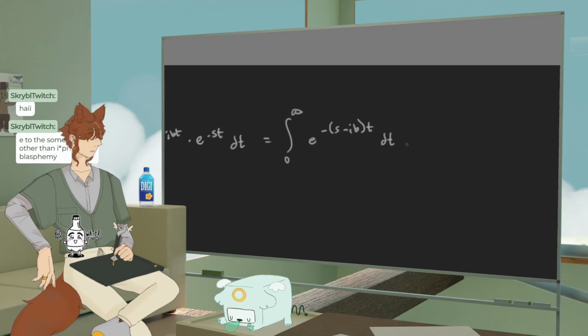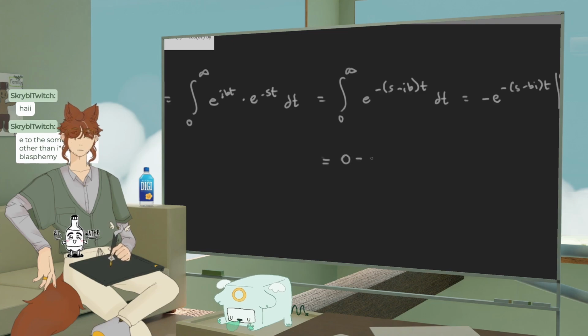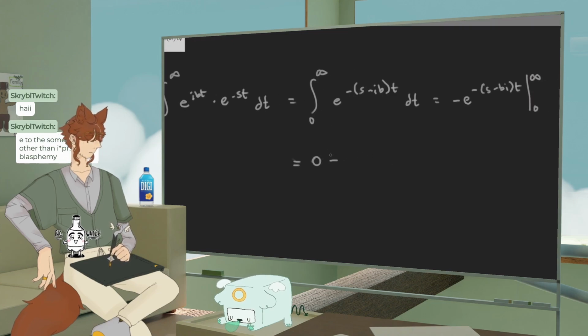So we just have to integrate this once. It's going to equal... Why is my brain not working? E to the negative... Actually, it would give us e to the x. And then, if it's e to the negative x, then that would give us negative e to the negative x? Yeah. So negative e to the negative s minus ibt, from 0 to infinity. Okay, so this is going to equal 0 minus, and then when t is 0, wait,